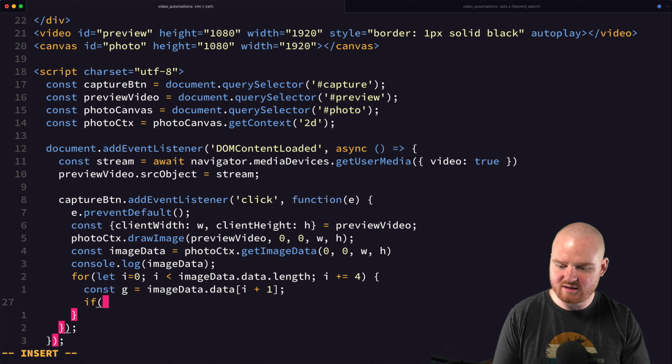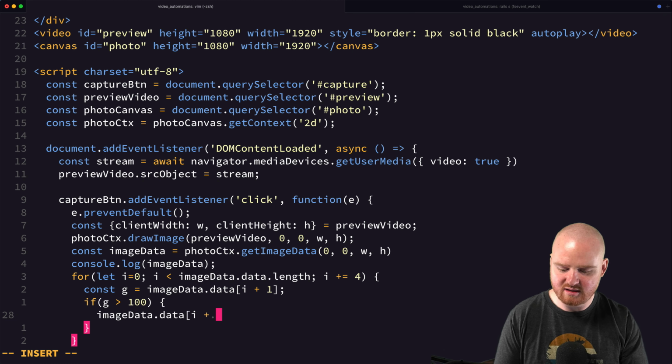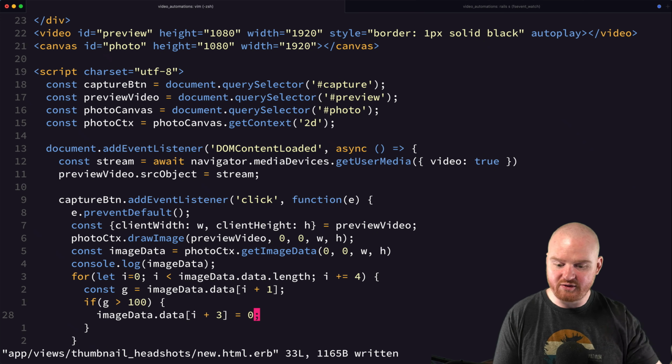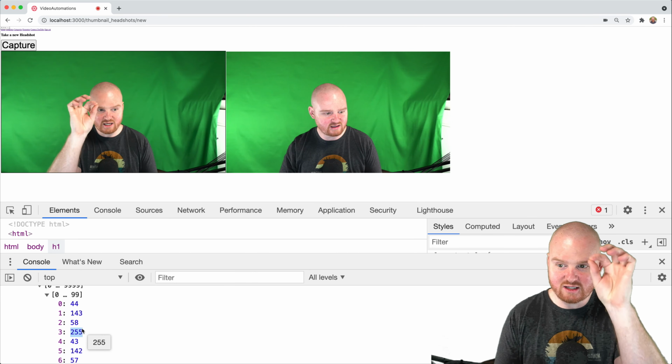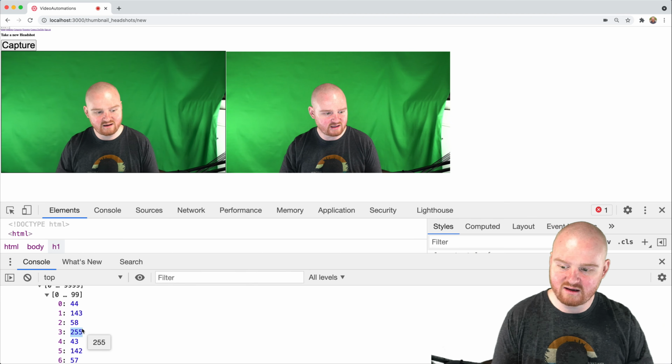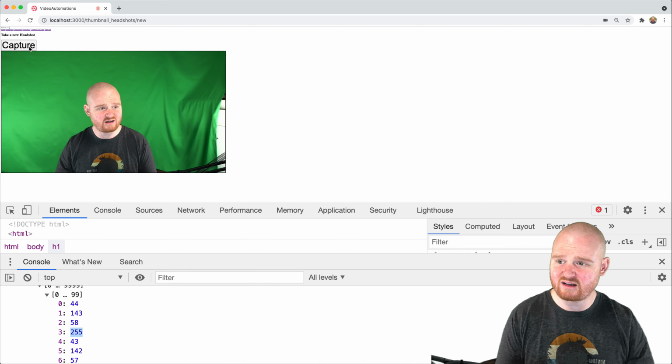So then if the green value is greater than, I don't know, 100, then let's say image data.data at i plus 3 is equal to 0. So that should just remove or clear out, or it should set the alpha to 0, which will make that pixel transparent rather than being a color. So if we refresh the page here and click capture,